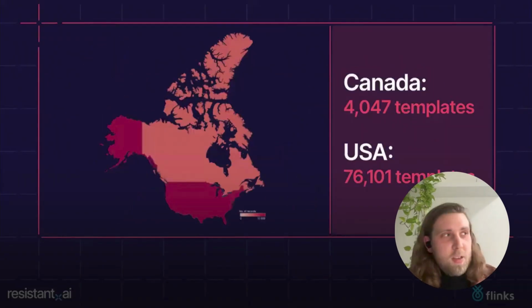If we look at Canada and the US specifically, these are number 1 and number 5 of the countries with the most templates listed to date, for quite obvious reasons: the size of the economy and the number of financial institutions operating in those countries. Obviously, the US is still significantly higher in terms of total volume of templates. Even though Canada is number 5, it has much fewer templates, but still quite a lot.